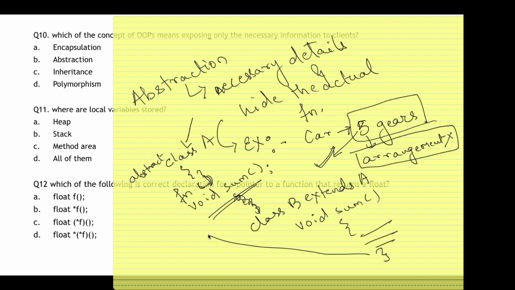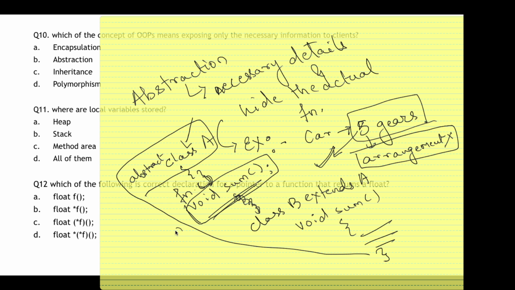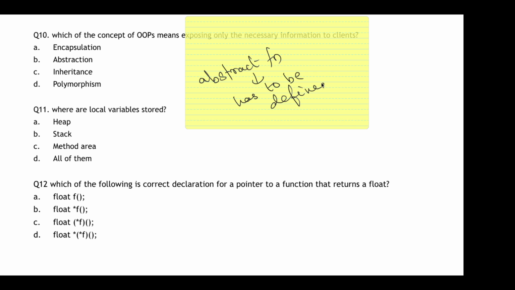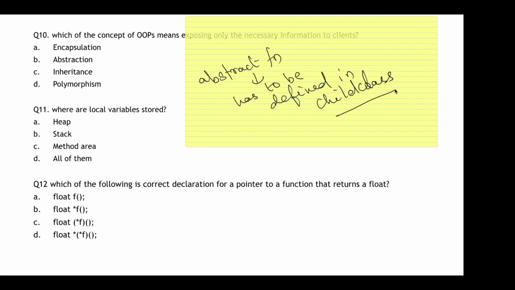Okay. Remember, whenever you have an abstract class and you have an abstract function, this abstract function has to be defined somewhere within the child class. It's mandatory. In any of the child classes, I have to define the abstract function. It can't be that I just keep declaring it in every class and never define it. So that is not applicable. You'll get an error message at the end of the code.